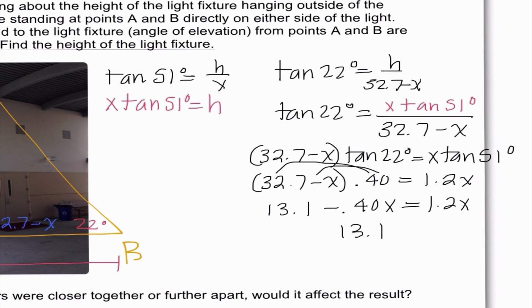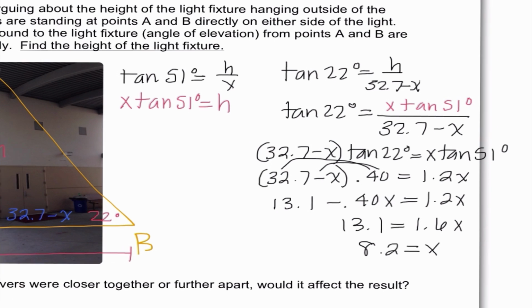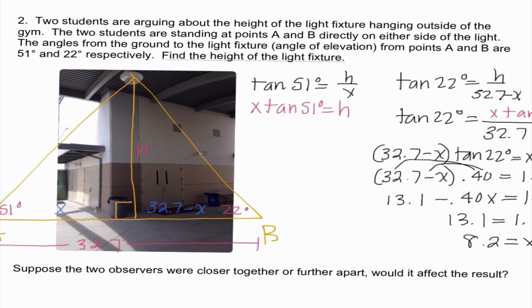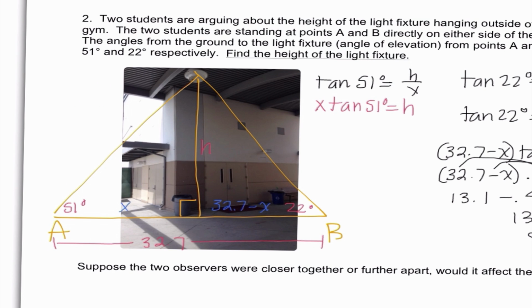When I go ahead and add 0.4x to both sides, I get 13.1 equals 1.6x. So I get 8.2 is x. So what we actually just found here is that this distance, wait for it,